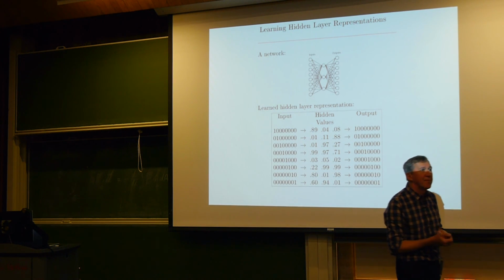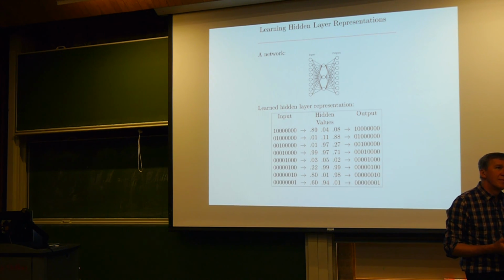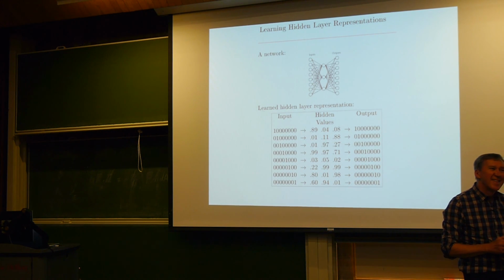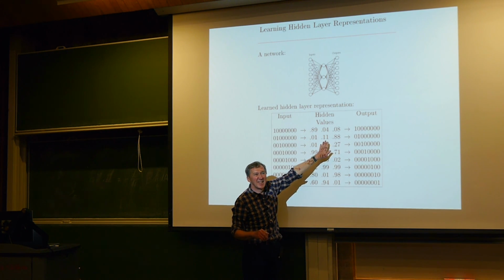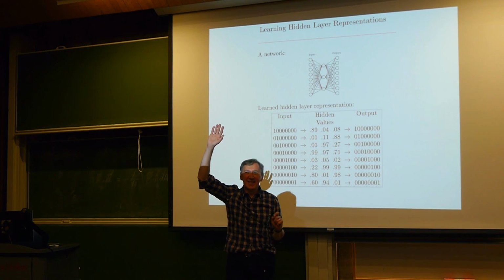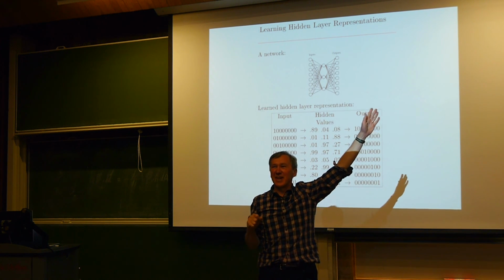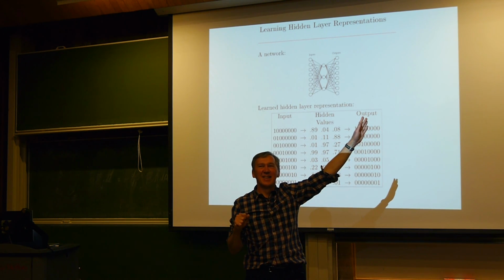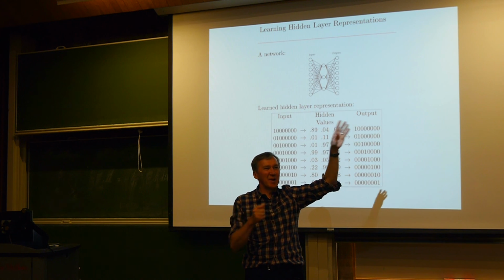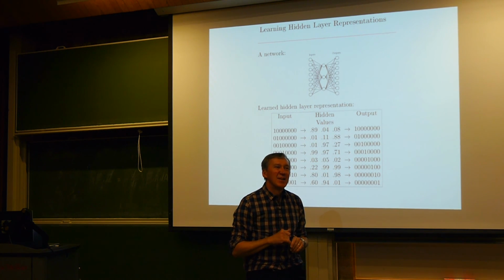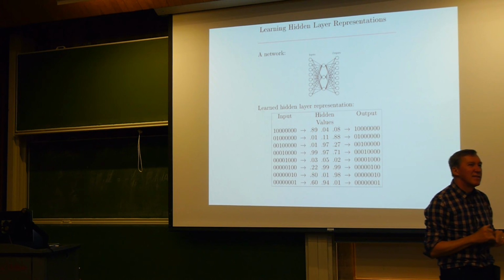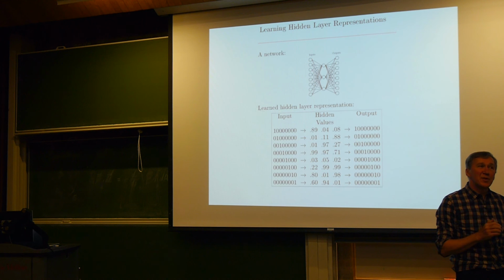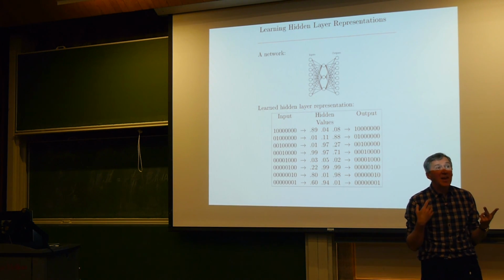Yep? So if you only have 2 points at the hidden layer, can you also infer the same result? If I only had 2 hidden units instead of 3, who thinks it would work? Who thinks it wouldn't work? Okay, somebody who thinks it wouldn't work, tell me why. I'm thinking that 3 bits can represent 8 results, but 2 cannot. Right, it's certainly true that you cannot encode 8 values with 2 bits. But I think it could work,